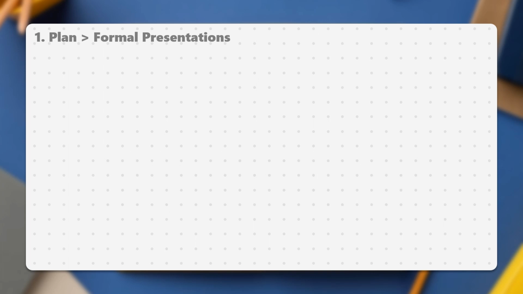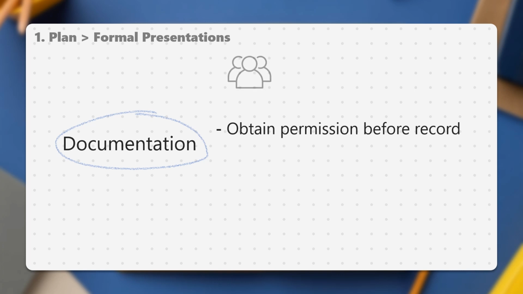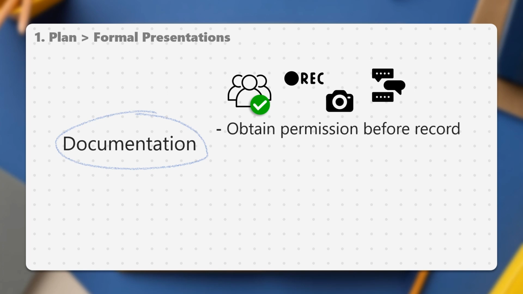Preparing proper documentation for your presentation is crucial, in case you need to refer back to it or share it with others later. If you plan to record your presentation, you will need to obtain permission to take and use any videos, photographs, screenshots, chats, and names of those who participate in your presentation. Make sure to double-check with people whether you also need permission to use the name of their organization or ask them to refrain from using it.